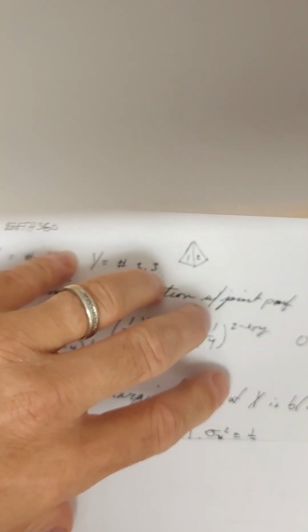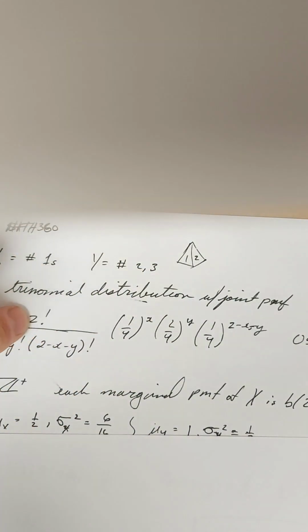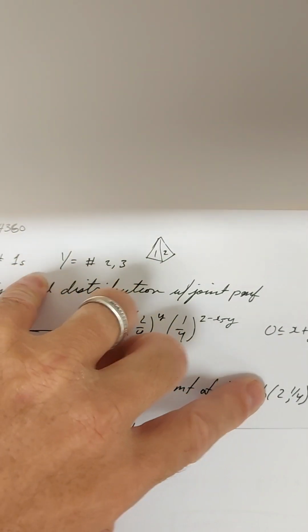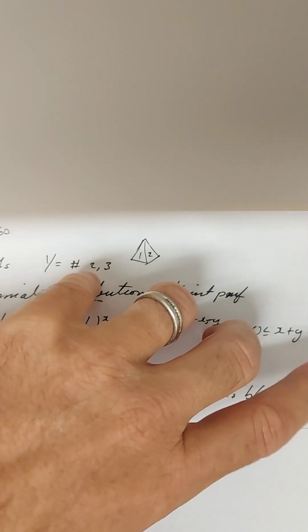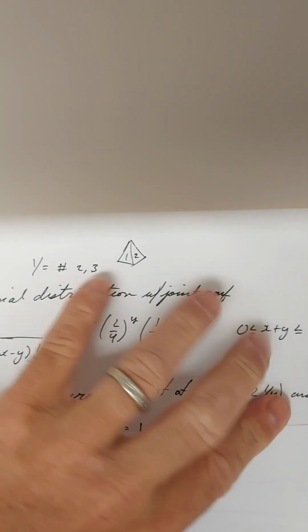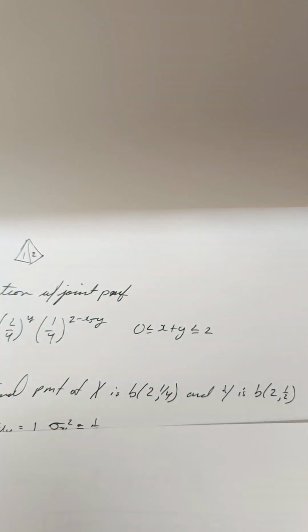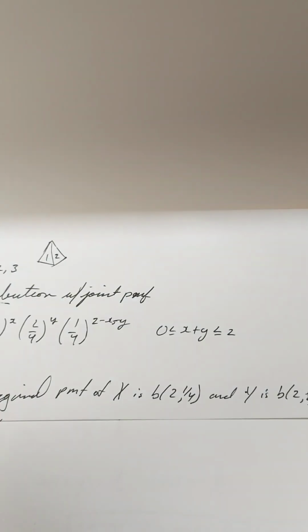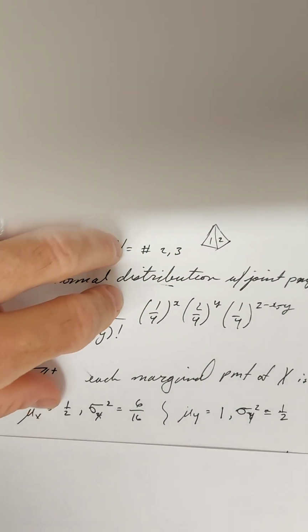For the marginal probability, if we looked at the marginal probability of this trinomial distribution, for x, it's a binomial with n equal to 2 and p equal to 1/4, and then we have a binomial distribution for y as a marginal probability, which is also n is equal to 2, but the probability of p here is 1/2. Okay, so that's nice that we know that these are binomial with these distributions, because that means that we know that the